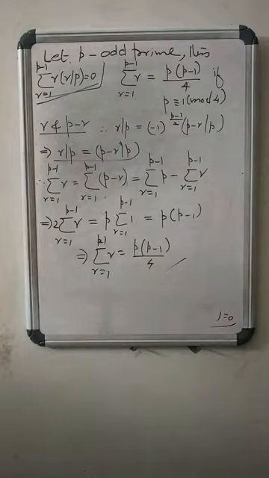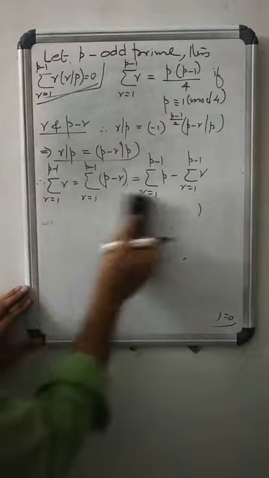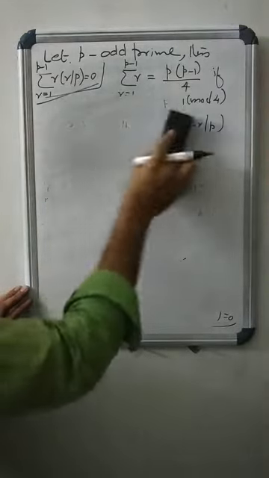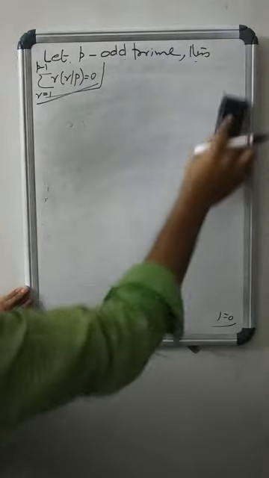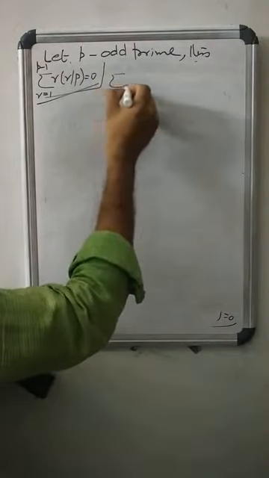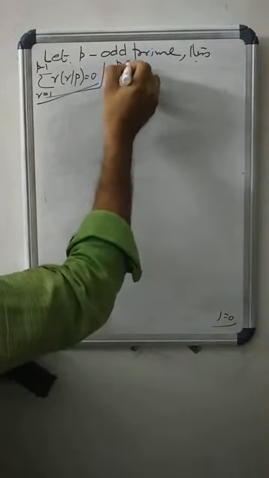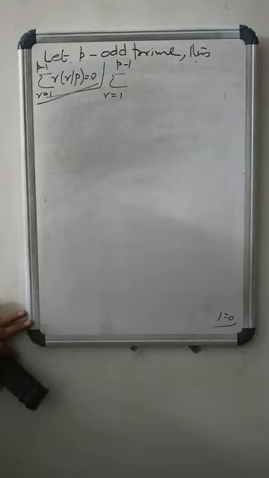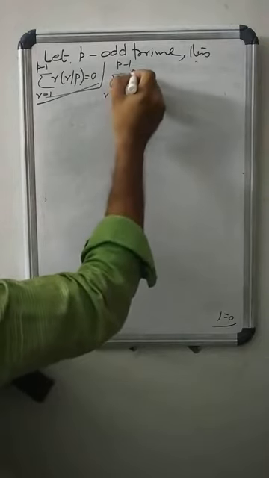Now come to the next problem. Let p be an odd prime. First result is, let p be an odd prime, then sigma r ranges from 1 to p minus 1 of r by p equals 0. Now next we prove that, let p be an odd prime, then sigma r ranges from 1 to p minus 1 of r square into r by p